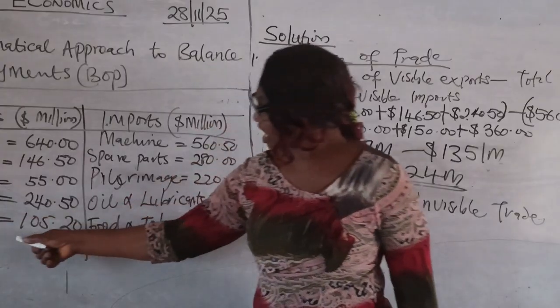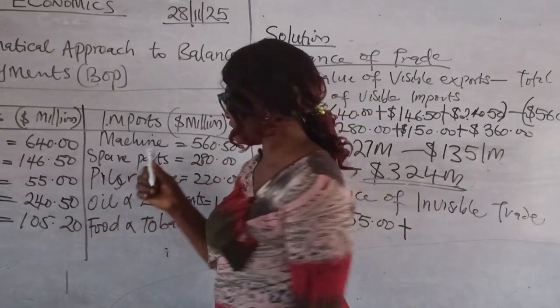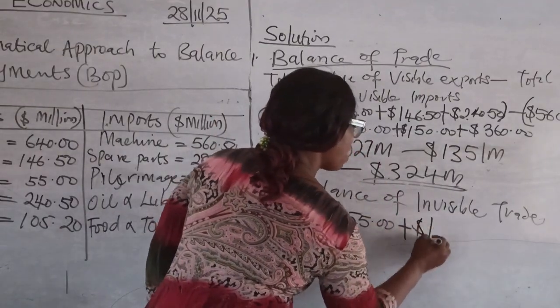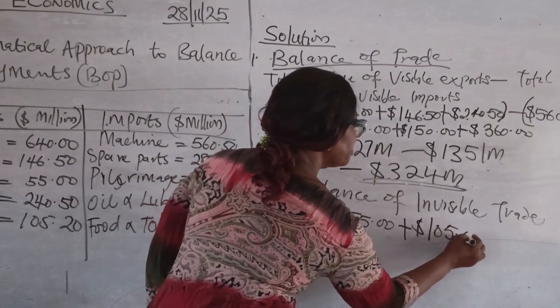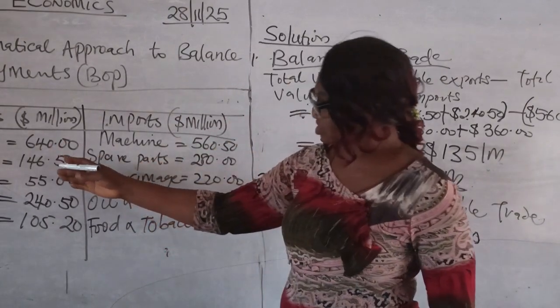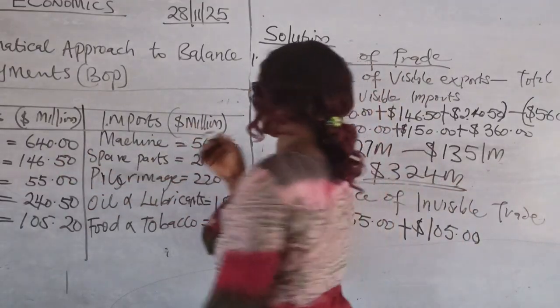We have tourism, that's our invisible trade. Tourism is $105 million. That's all for exports. So minus